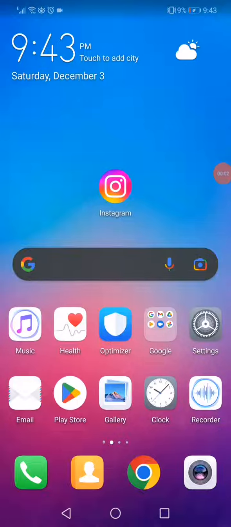So how to fix Instagram white screen. Hello guys, in this video I'm gonna show you how to fix Instagram white screen in 2023 or beyond. All what you have to do is very simple and easy, and this trick is gonna be working for